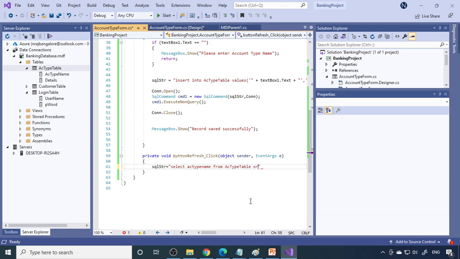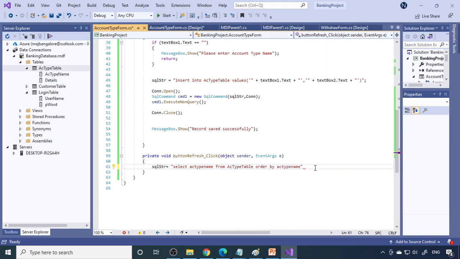Then you can use the order by clause, order by account type name. So Control C, Control V. So this is a statement. So we need to execute this statement and get the data, and that data we need to transfer to the combo box.